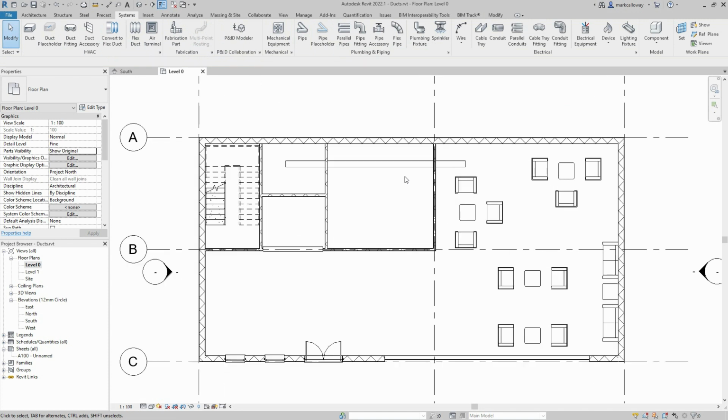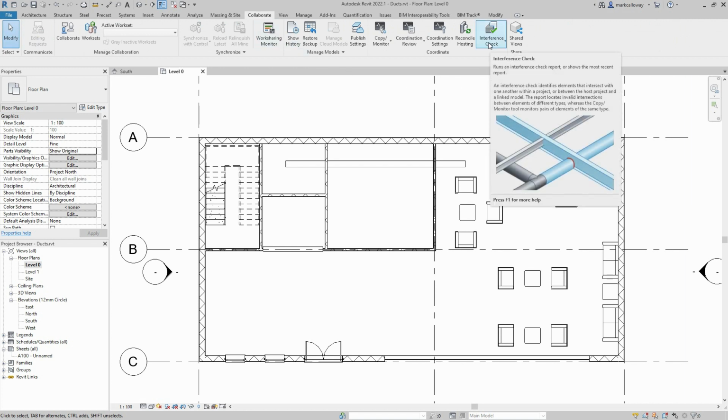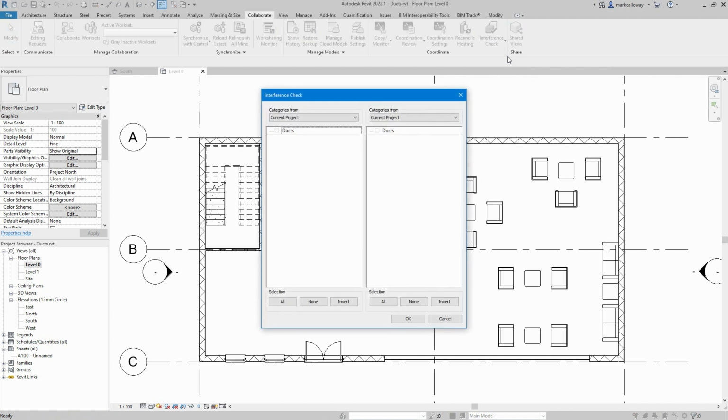So we now have a duct, but we know that it's clashing with these walls. What we can do within Revit is run something called the interference tool. If I just go back to the Collaborate tab, we have this interference check, and it gives us a very basic clash detection within Revit. If I tell Revit to run the interference check,